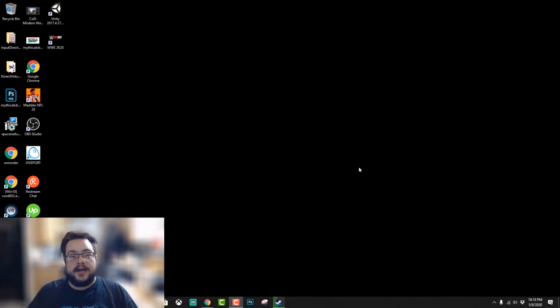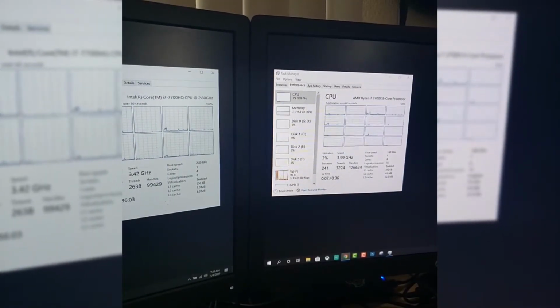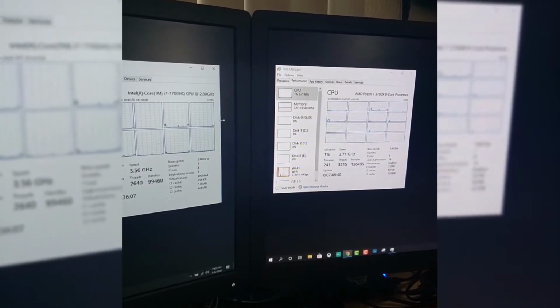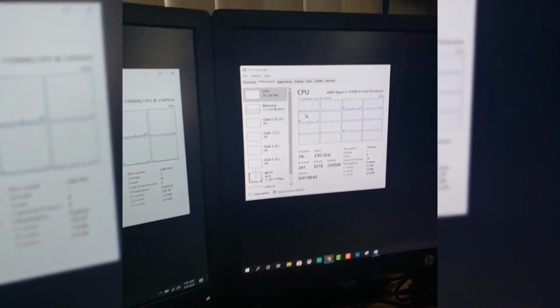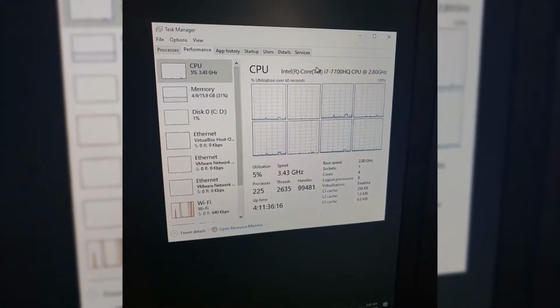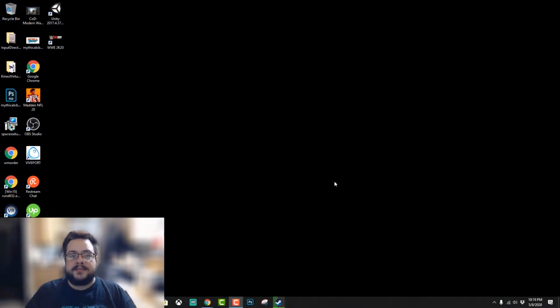MikeTheTech here, and I was planning on releasing a video explaining how I have my monitor and desktop set up. Normally you could move your mouse between screens, and that's not anything fancy, that's just a multi-monitor desktop. But if you look close, on this screen we're actually on my desktop PC, and on this screen we're running my laptop. But because that workstation setup is coming a little slower than I thought, I wanted to release the